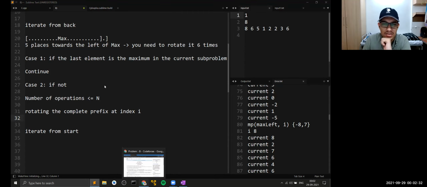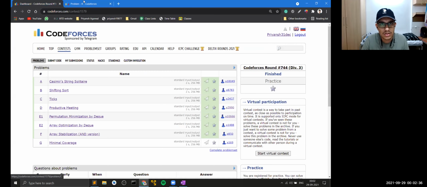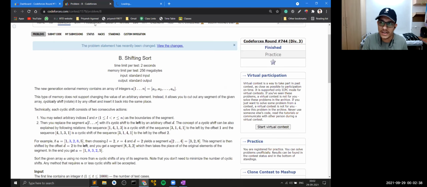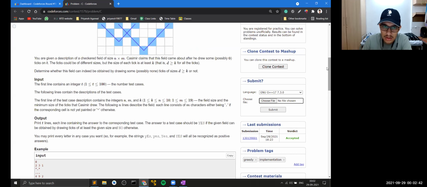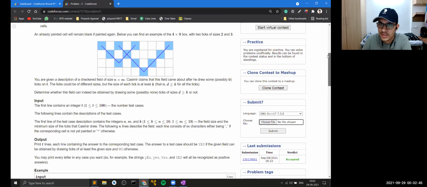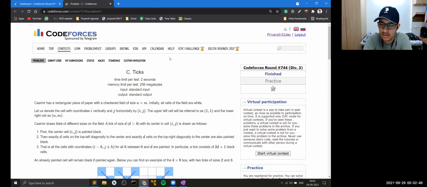So I'm assuming some of you would have had issues in implementing this part. But yeah, this is implementable, not that difficult, but just time consuming. Cool. So should we move to problem C now, or are there any doubts that are left? Move to C.